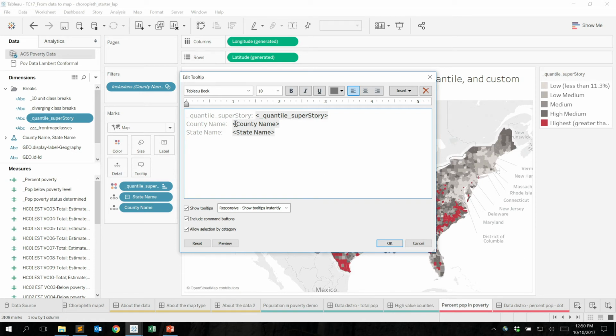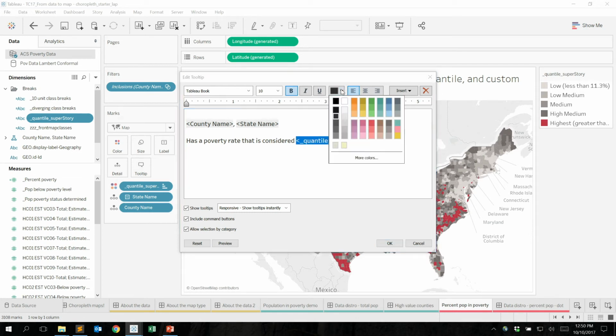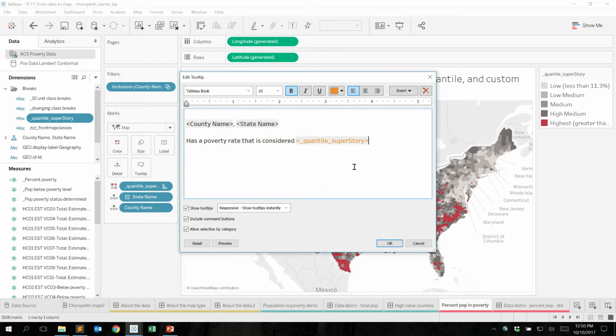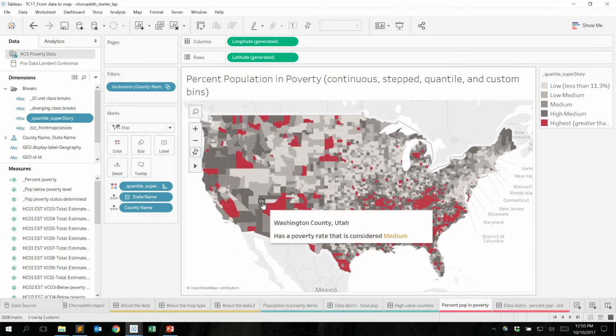So let's make something that is a little bit more useful. We're going to do a county name, comma, state name, and then we'll say something like, has a poverty rate that is considered, and this will tell us the name of the group that we filled in. So it'll tell us is considered low medium. And with this new tooltip,